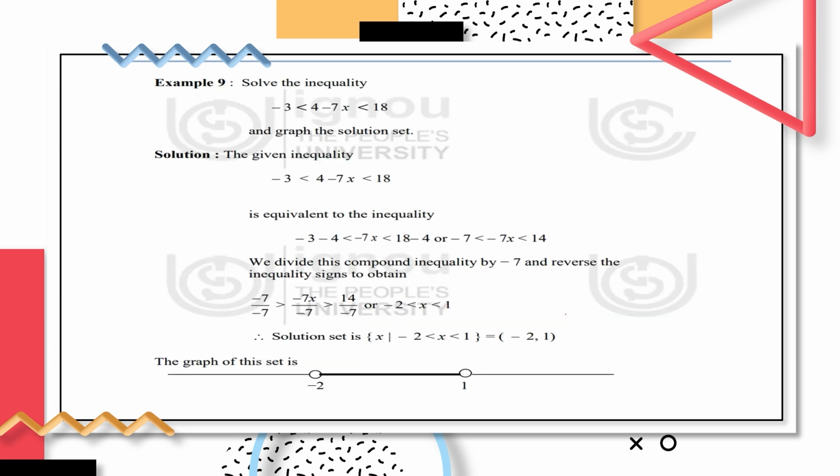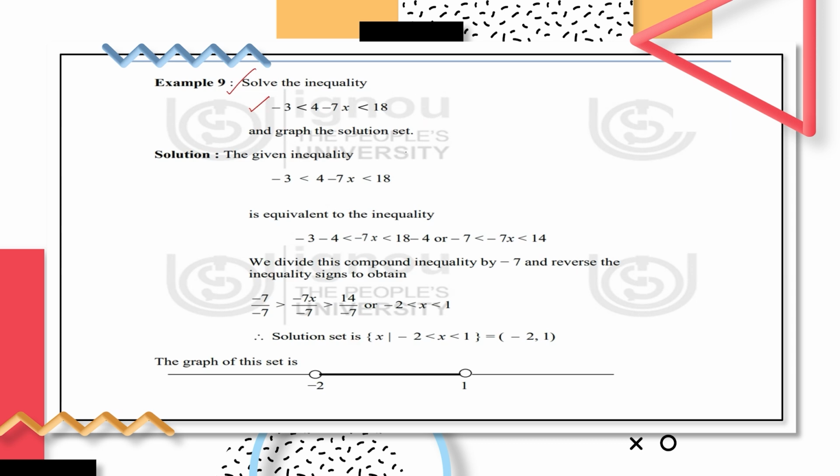Now, we had simply referred to the inequalities wherein the solution set is either moving from a particular value to infinity or from a particular value to minus infinity. But there are inequalities wherein the inequality exists only in a particular region. In order to understand such inequalities, let's solve an inequality given in the example, wherein the inequality is minus 3 is less than 4 minus 7x less than 18, and we are required to graph the